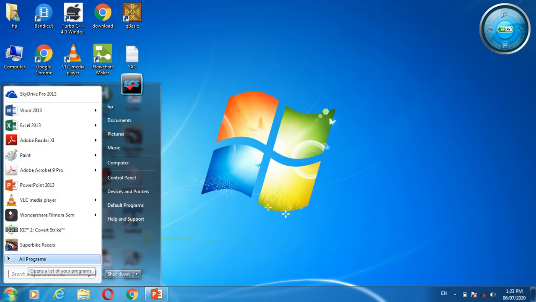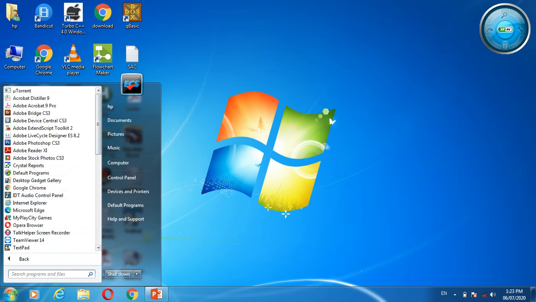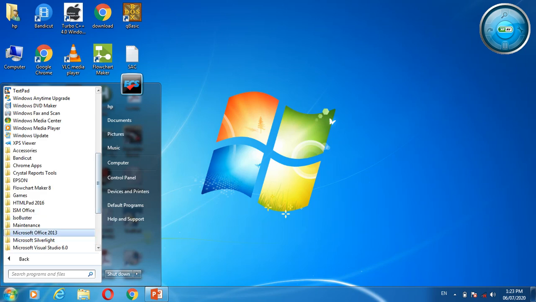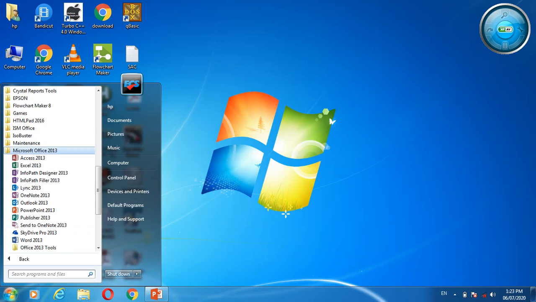Then click on Microsoft Office 2013 here. This is the Microsoft Office 2013. Click. Then click on Word 2013. This is the Word 2013.